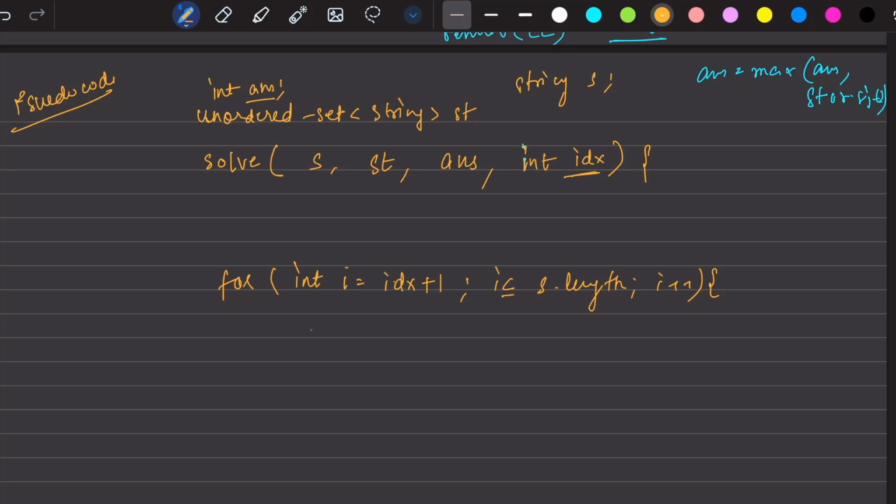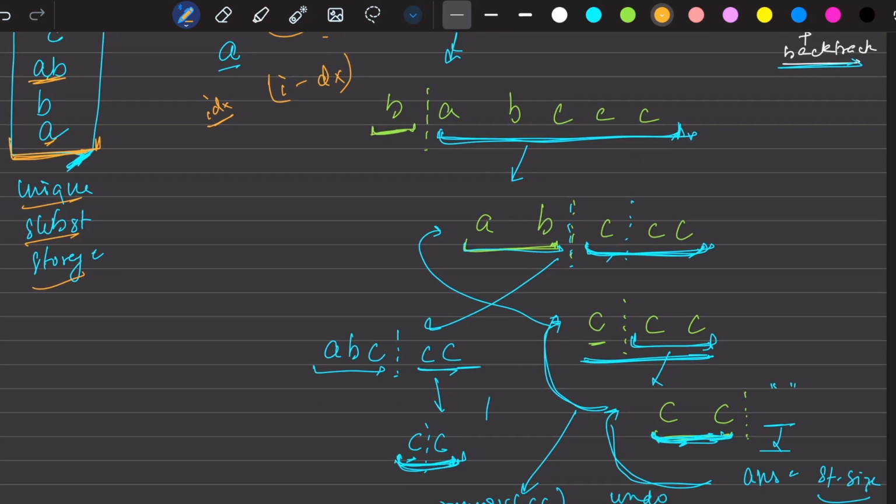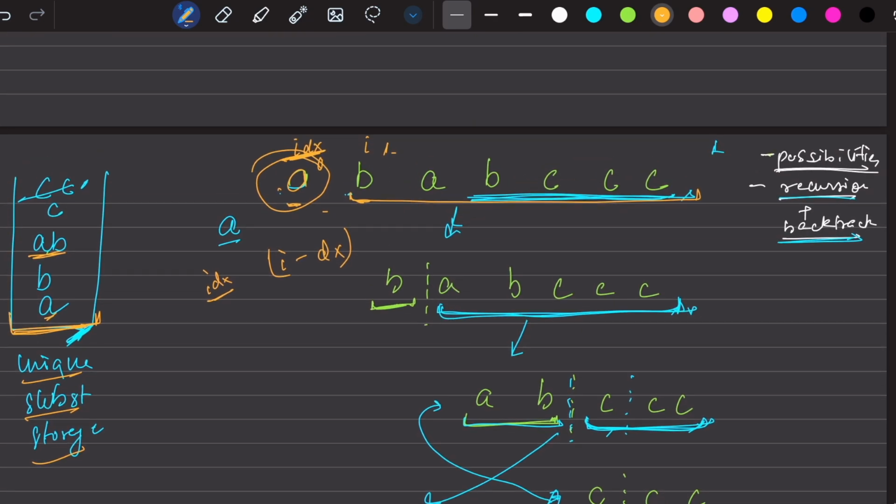Okay, and first, your substring will be s.substr, this is our method. Starting index will be idx. So idx is your starting index, and your length will be, if you see, your I is here, so your length will be I minus idx directly. Because I is at 1, idx is 0, 1 minus 0 is length 1, and from this index